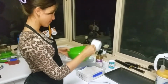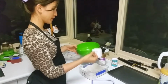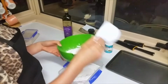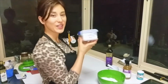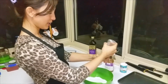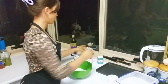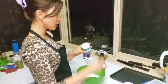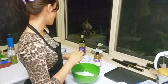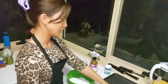So we're going to start with about 1.5 cups of wholemeal, about 1 cup of plain white spelt flour, and the secret ingredient is semolina. You're going to add a few good grains of Himalayan salt, a pinch of bicarb or baking soda, about 1/2 cup of olive oil,